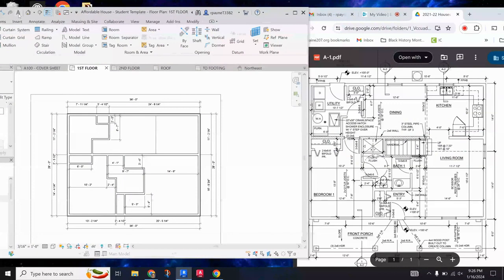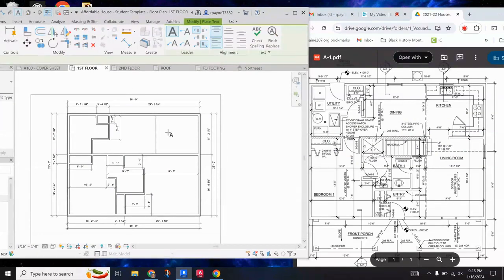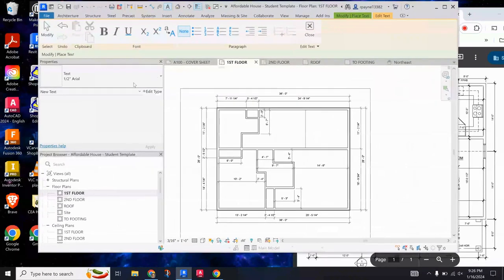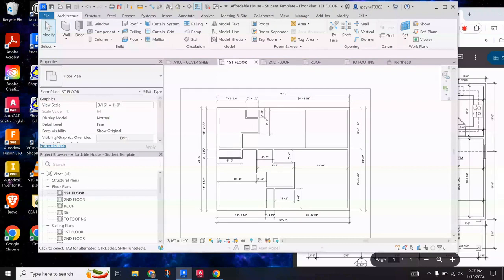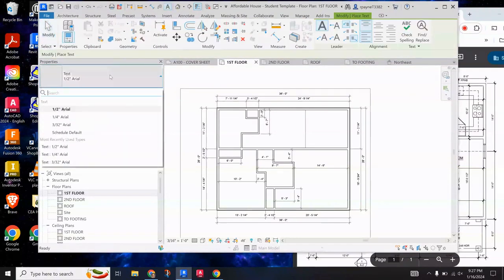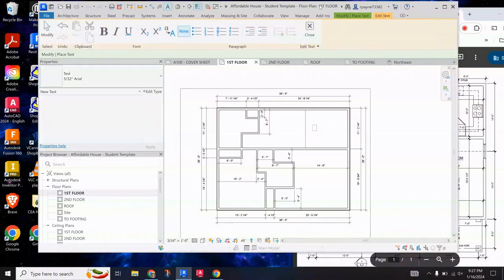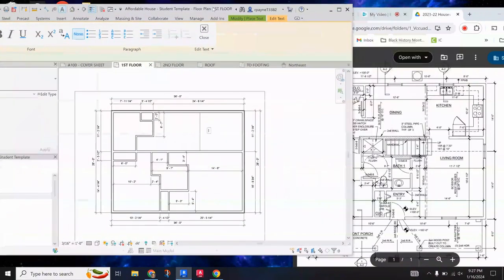All right, so click on the text tool right there. This is not the right size text. Make sure you use the right size text here. Switch over to, I think 3/32 would look best. Yeah. So put all caps, kitchen,